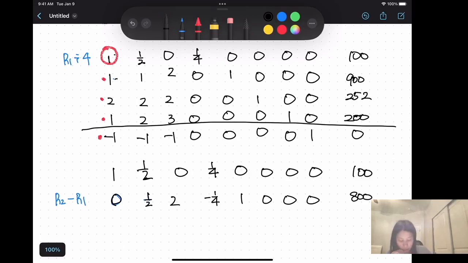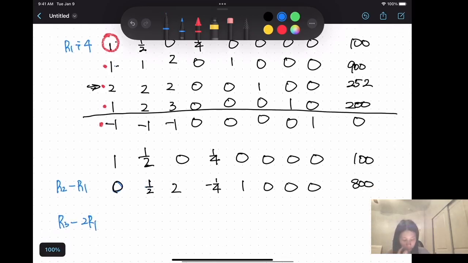And now the third row, since this is 2, right, I want this to become 0. So that means I want the third row minus 2 times the first row. So I will have 0, 1, 2, negative 1/2, 0, oops. Let me use black pen, sorry. I will have